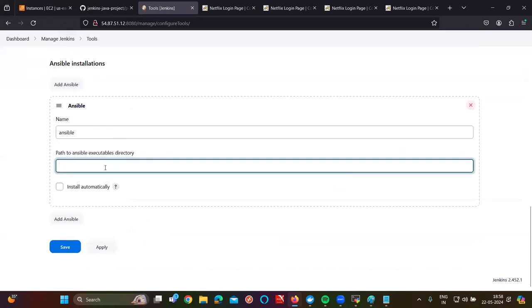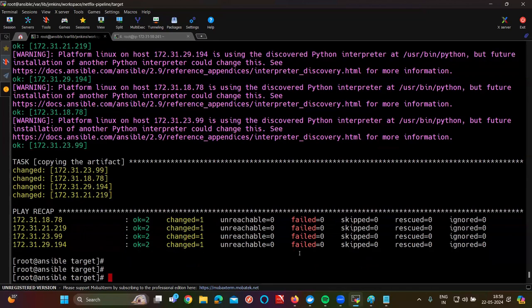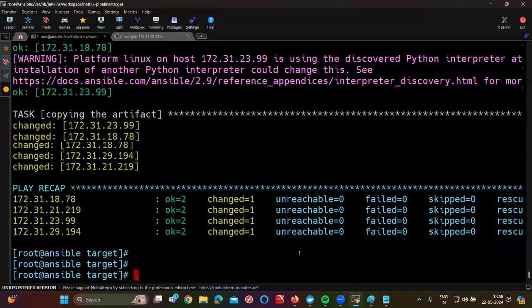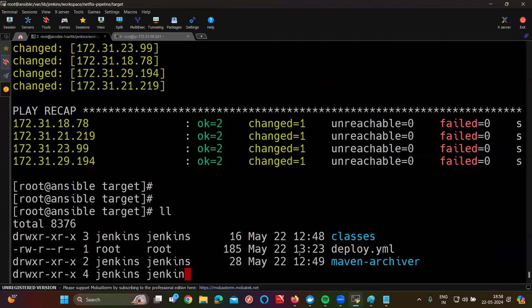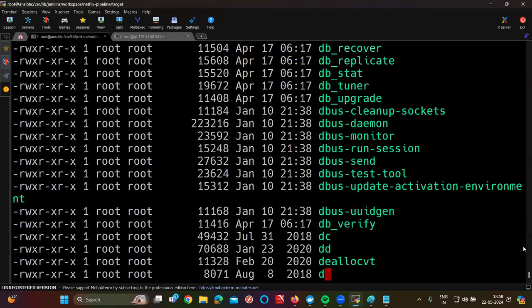Ansible. Path to execute. That means my Ansible is going to be stored in user bin. So remember, I'll tell what is the meaning of user bin. See, currently we are executing the Ansible command, right? But in your local server, where is the Ansible coming from? If you go to ll /usr/bin, if you go and see here, if you go to the top,